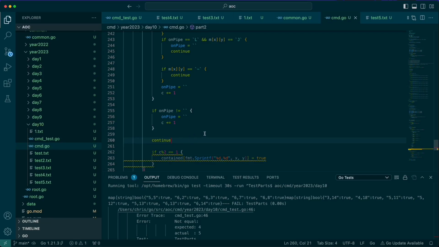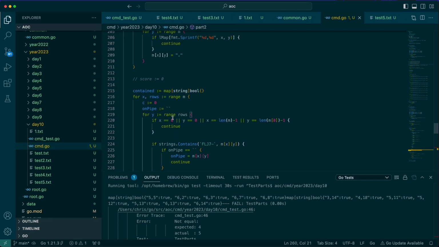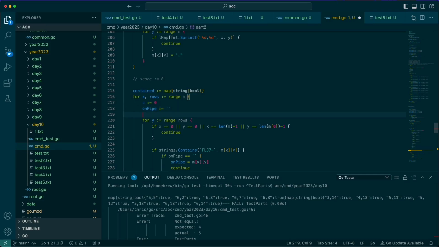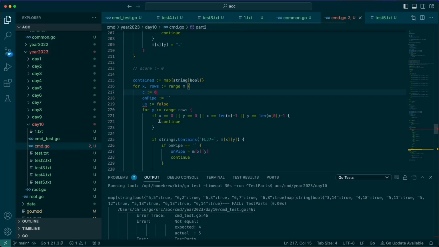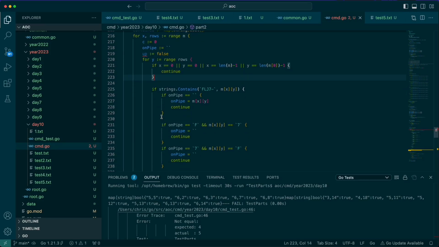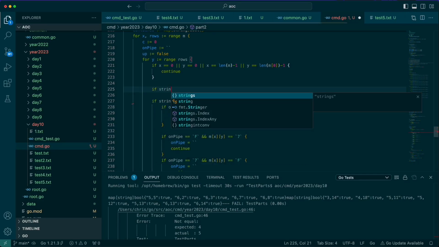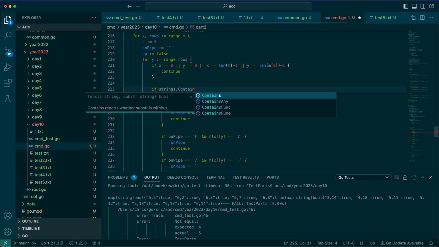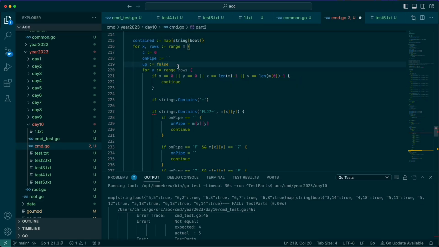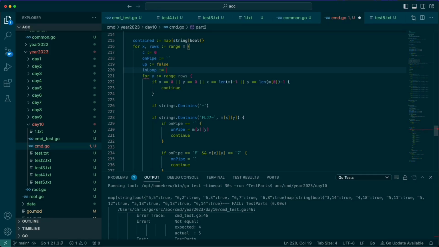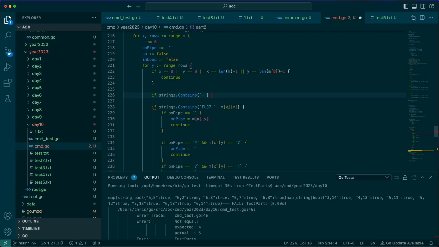Okay. And then as we're riding along this, we need some sort of direction. So we'll refer to this as maybe up and down, and we'll assign it a false value. Anything on the edges, that's fine. We're going to switch this up a little bit and think instead about the times it's not in pipe, and what can make it in loop, right? So if our string contains this, then